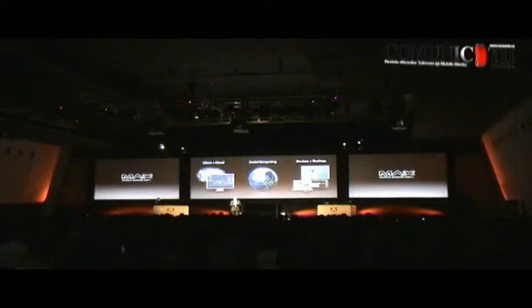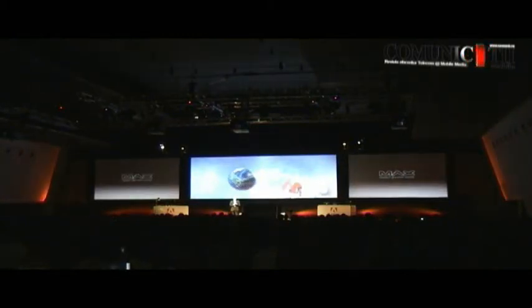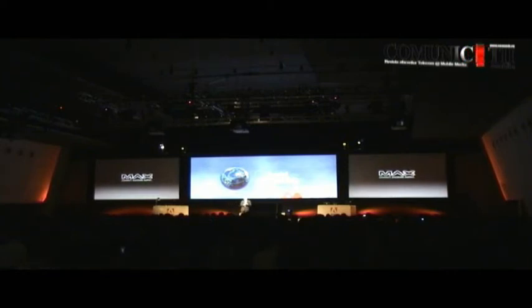Now, integration with cloud-based services is really a prerequisite when talking about our next theme, and that is social computing. The internet has really transformed the computing experience over the last couple of years from a solo model to one that is highly connected to other people around the world, where the other people using the application are as important or even more important than any other feature of the application.